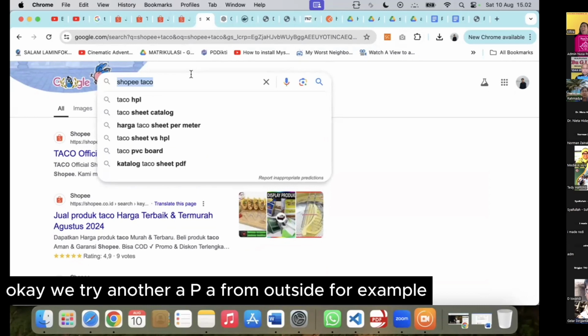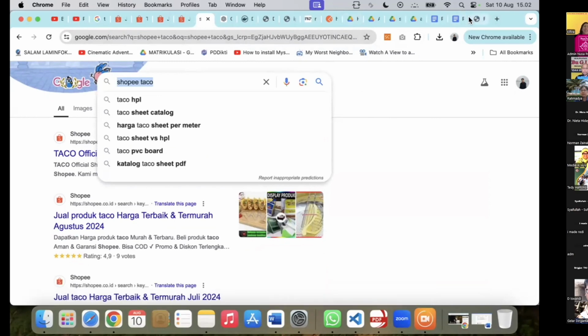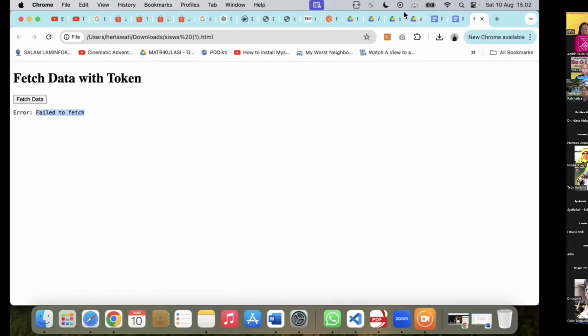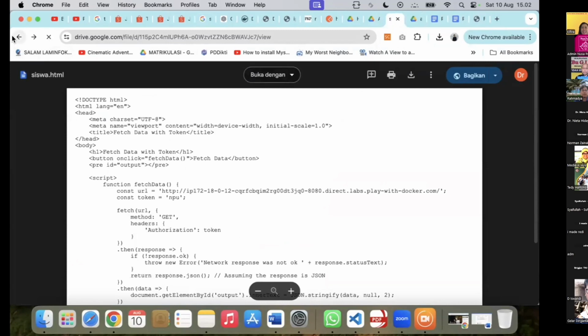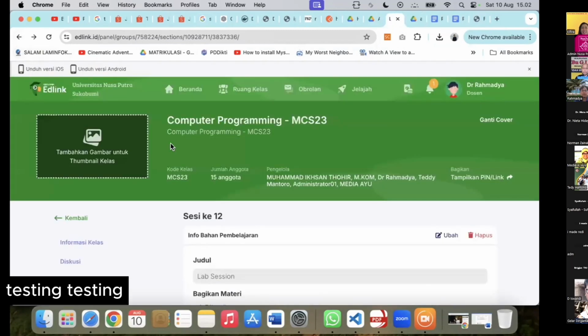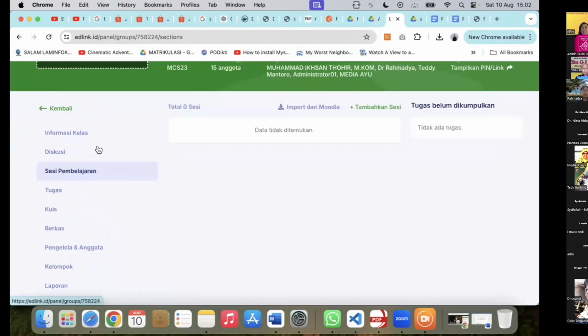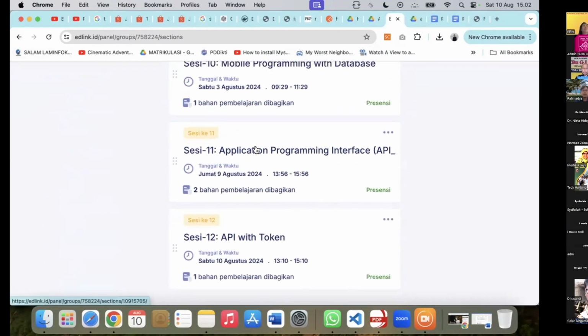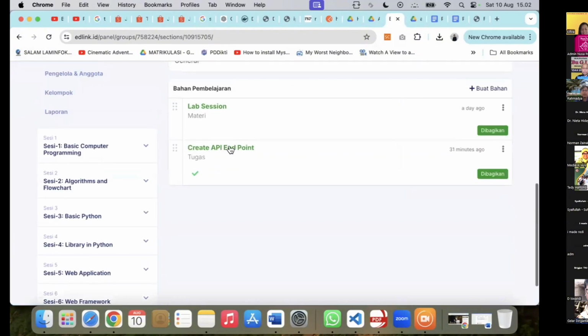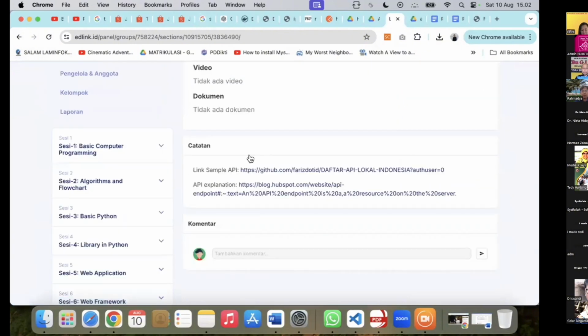Okay, we try another API from outside. For example, we can search for testing.